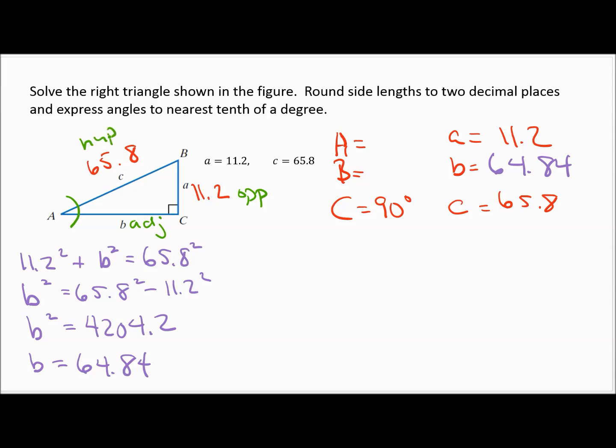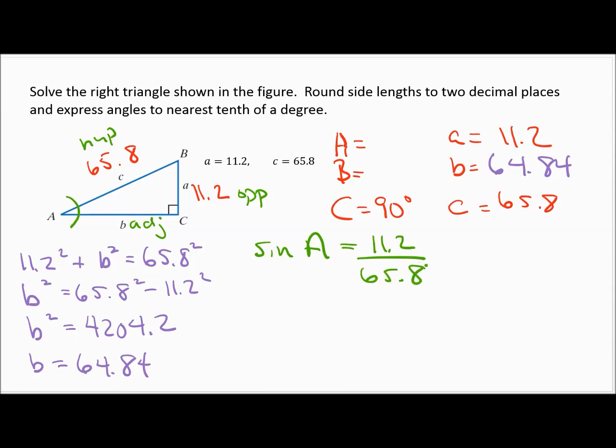Now, you always have to work with 2 bits of information that you know. We don't know the angle, but we know opposite and hypotenuse. So what trig function has opposite and hypotenuse in it? That's sine, correct? So I can say sine of A equals opposite, which is 11.2, over hypotenuse, which is